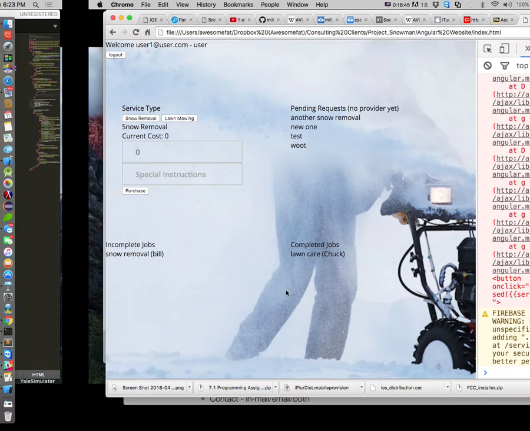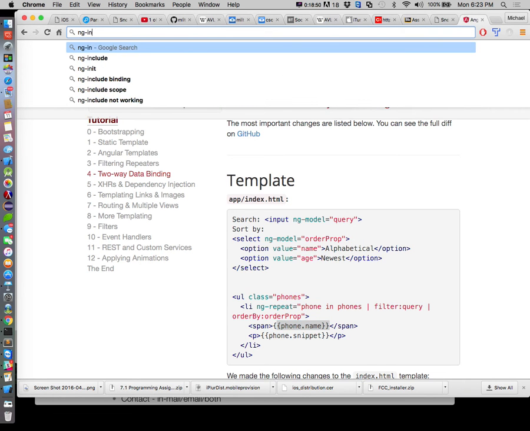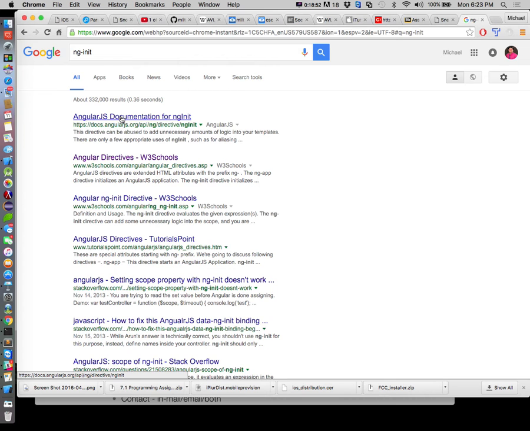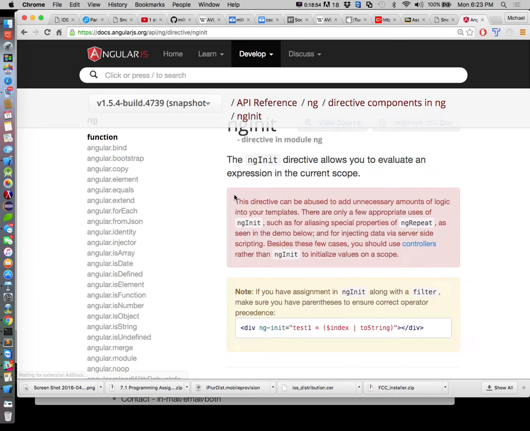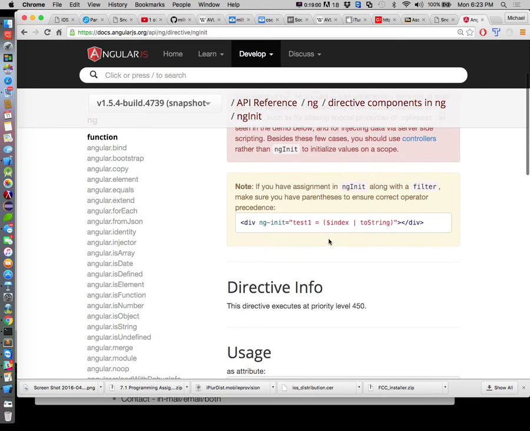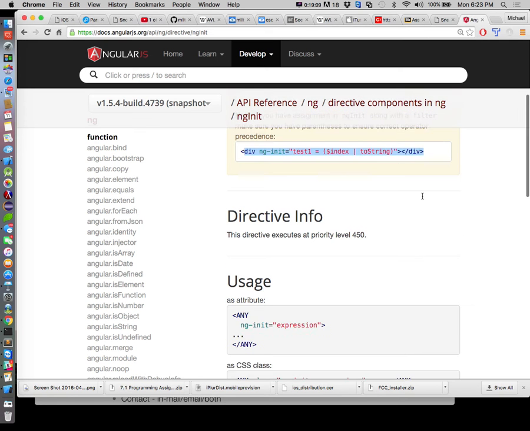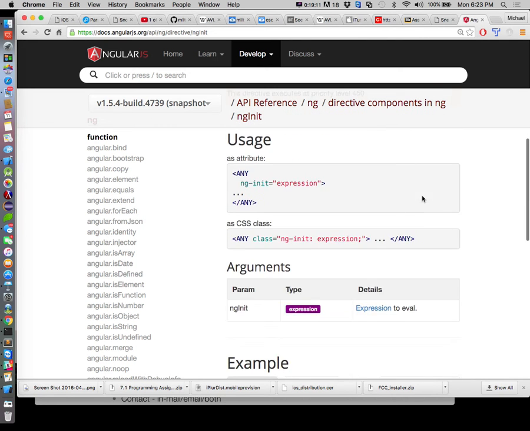Here, I'll look it up real quick. ng-init. Yeah, I mean, this is the same issue. We already have local variables that we can do something with. We just don't have a way of getting them into a